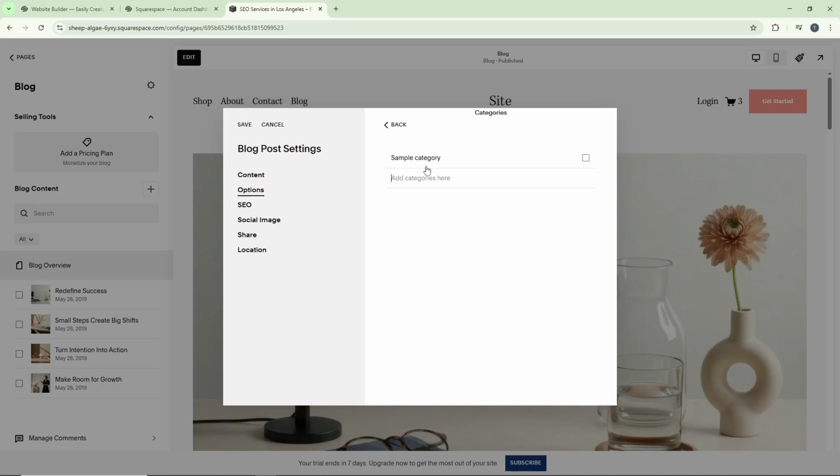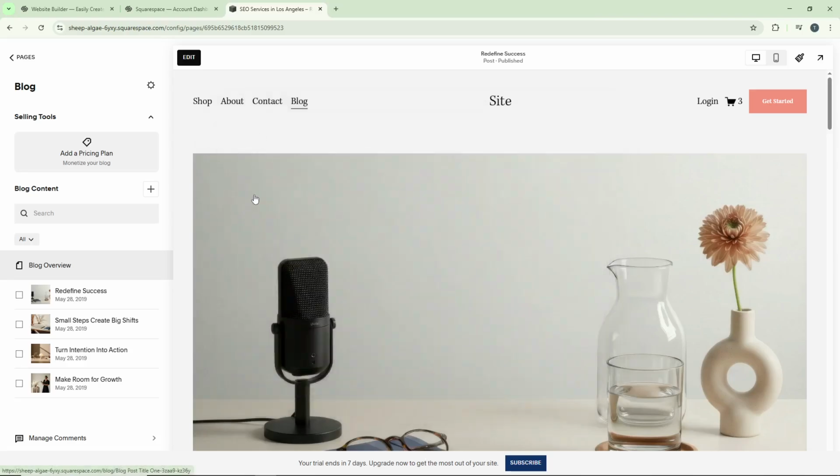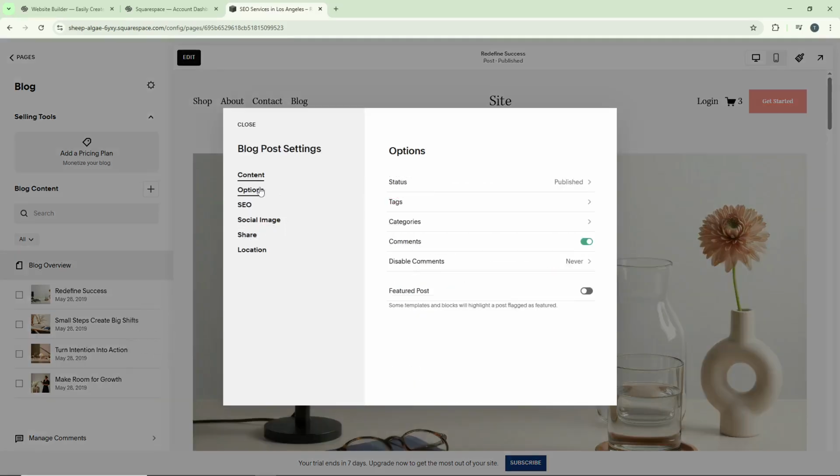After adding your category, make sure to click Save at the bottom of the settings panel. This ensures that all your changes are applied to the blog post and your new category is now active on your site. And that's it. You've successfully added categories to your Squarespace blog, making your content more organized and